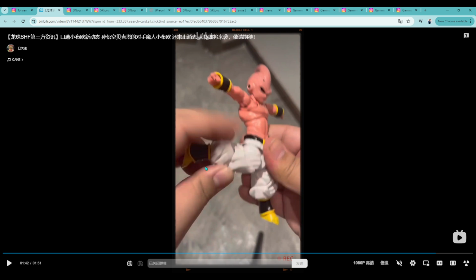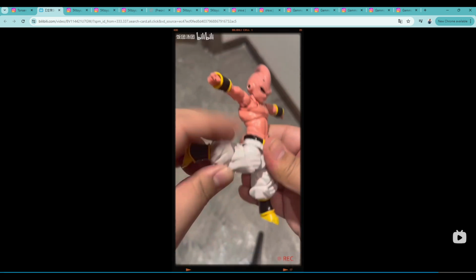The rest of the video is available if you want to watch it, but we cannot spend too much time on it. But so far it looks like a great figure. Doesn't look like it's gonna fall apart in your hands from what we're seeing here, and the articulation looks pretty good. For a first figure that he's doing fully original,